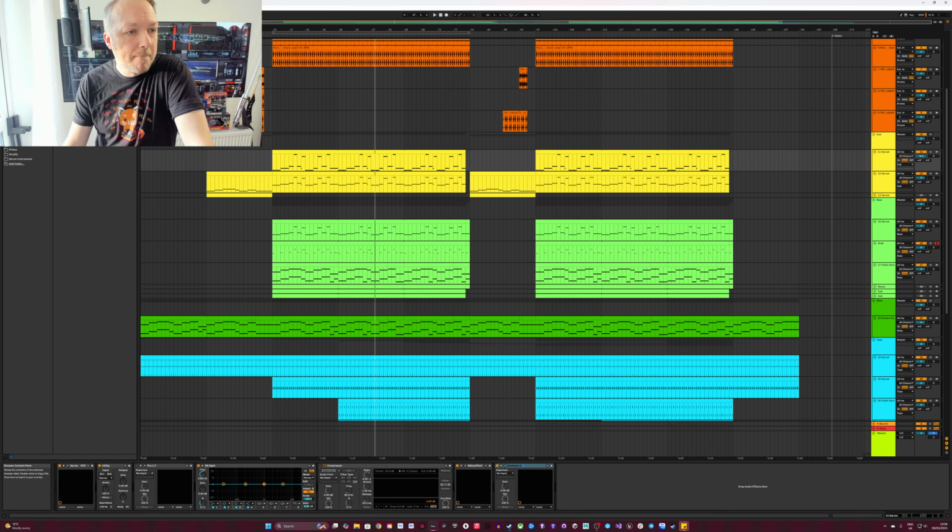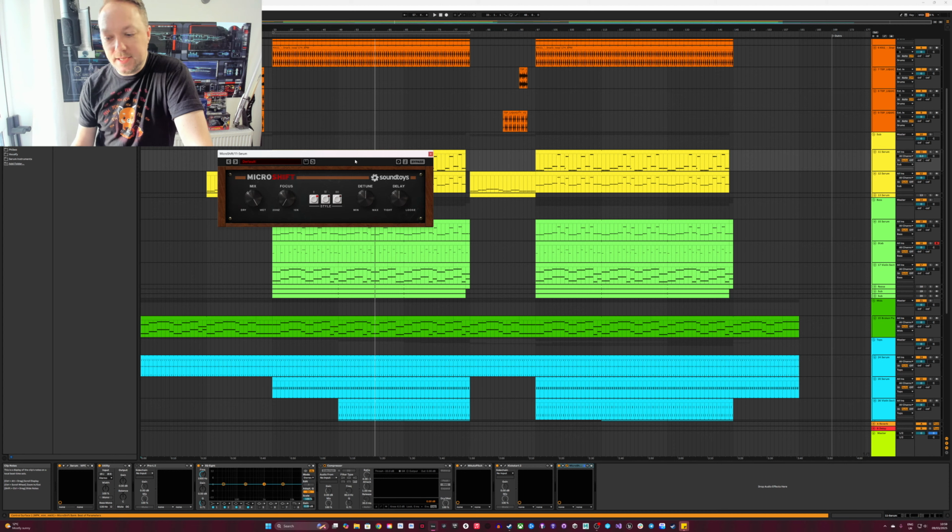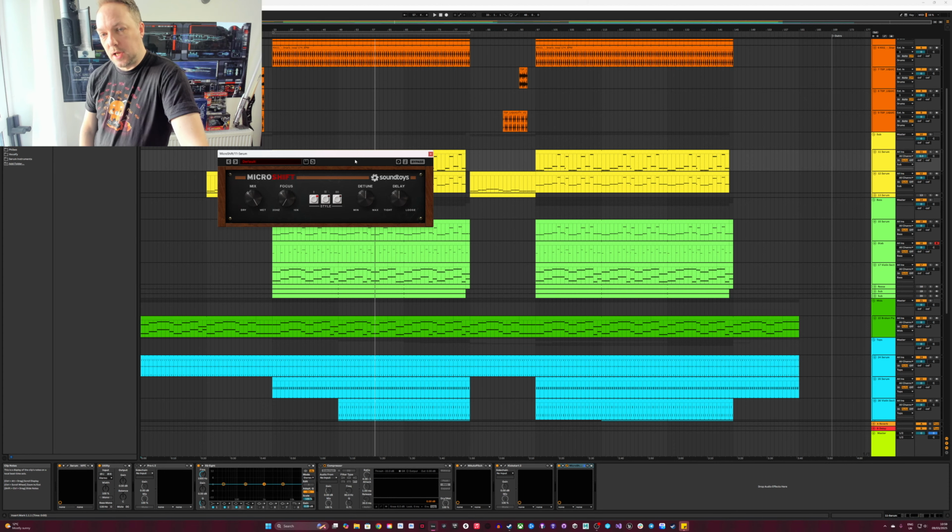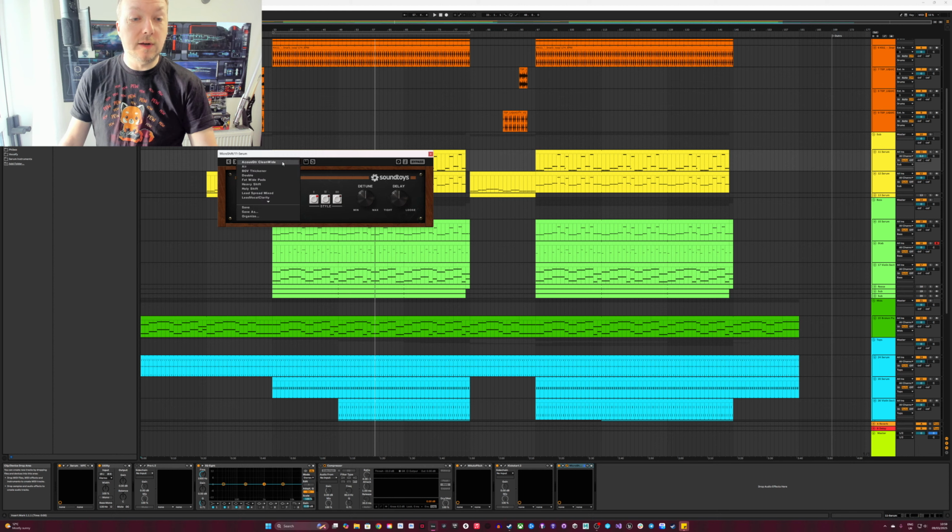By the way, Microshift. Ooh, that was close. Microshift is great for vocals. So again, if you've got vocals in your track that have come in dry and haven't had anything done to them, Microshift is a brilliant way of choosing one of these presets or making your own and just giving it a different